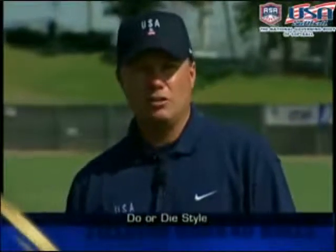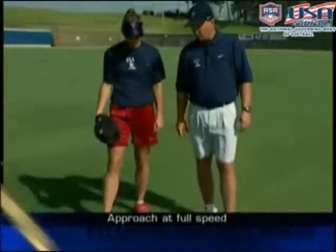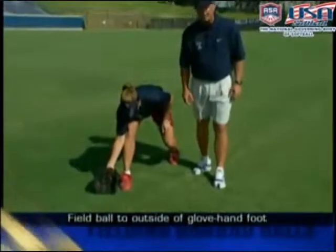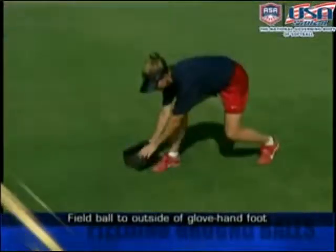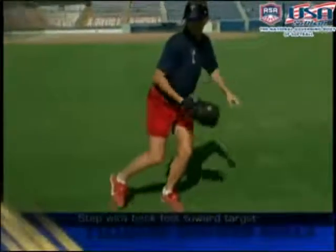Second is the do or die method of fielding a ground ball. We're going to use the do or die in a close game when we need to throw somebody out at the base. We're going to approach the ball full speed. We're going to get down and field the ball to the outside of our glove hand foot. As we field the ball, we're going to take it to our throwing hand shoulder and make one step